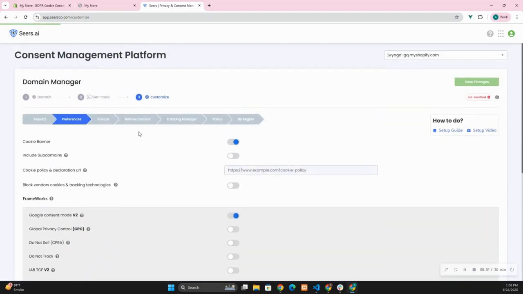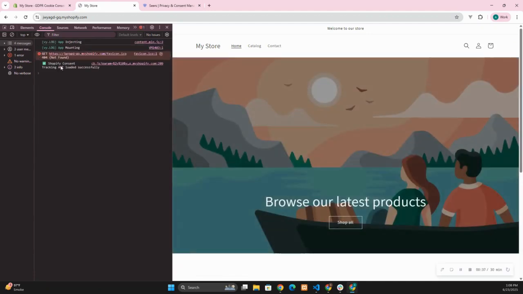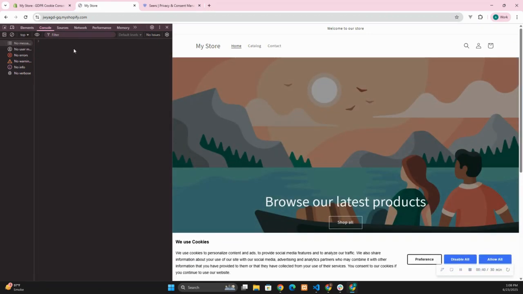Save your changes. Now, go to your Shopify website. Inspect the page and open the Console tab in your browser's Developer Tools and refresh the page. Now, type this in the Console section: window.Shopify.customerPrivacy.getTrackingConsent(), and you'll see a message, No